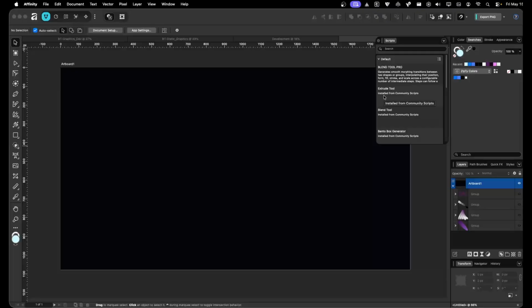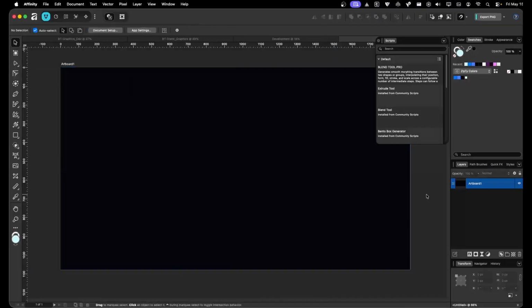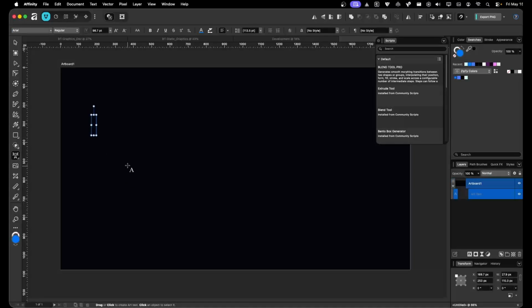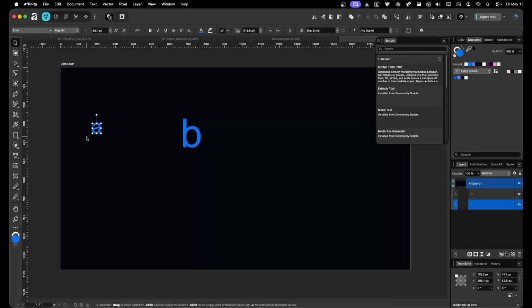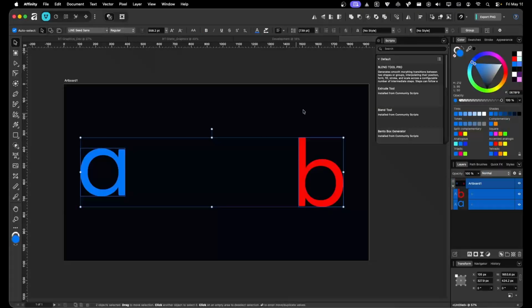Okay, we're gonna make some cool stuff here. I was playing around with it earlier, and there's a lot of really cool stuff that we can make. So I'm gonna do a little bit of a showcase here and explain how this tool works. It is very simple. I'm gonna draw an A and a B. Okay, here we go. So I'm gonna select the A, and then I'm gonna shift select the B, and then